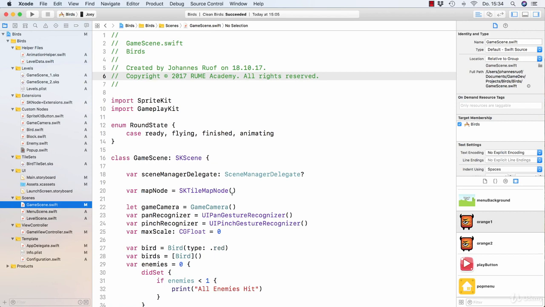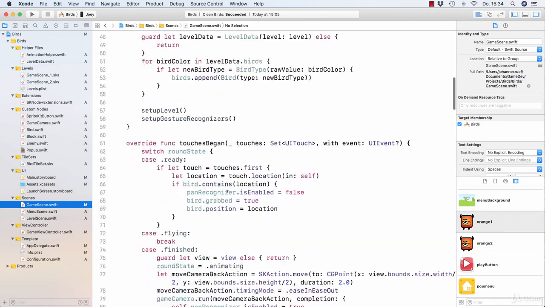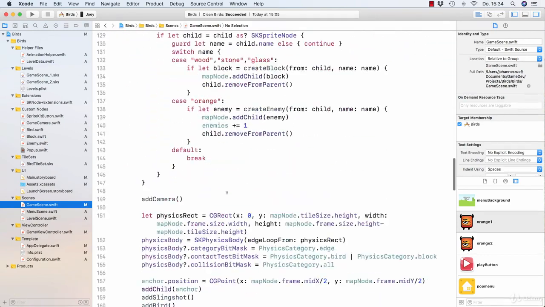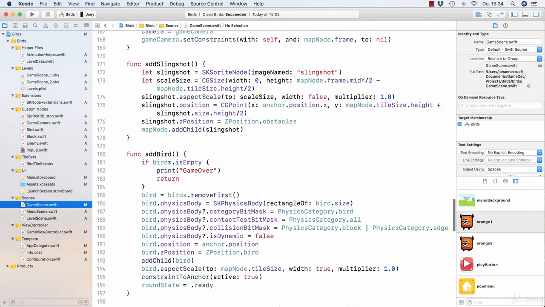Now let's think about how and where we want to show the pop-ups and where we will need to add the button handlers. Showing the pop-up is pretty clear, and we already kind of talked about it. Once it will be in the addBird method, where we have this game over state here. If there are still enemies in the scene, at this point, we will of course need to show our stage